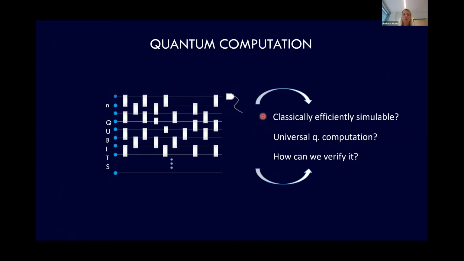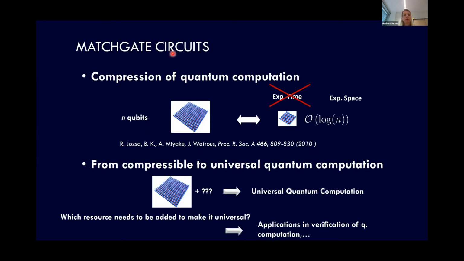Okay, so I mentioned that I can do here really some computation that I cannot classically efficiently simulate. Then how should I know whether the outcome that I obtain here is the correct one? These are the questions that I would like to address in this talk. And one gate set that is very well suited for that are the so-called match gates. I will explain in a second what match gates are. But these are simply some 2-qubit gates that have to obey some algebraic constraints. And match gate circuits are just circuits that are just using this kind of gates.